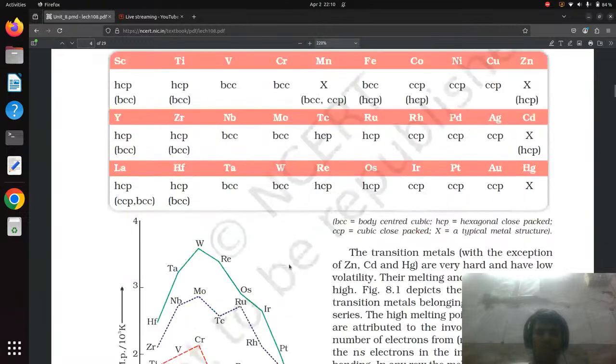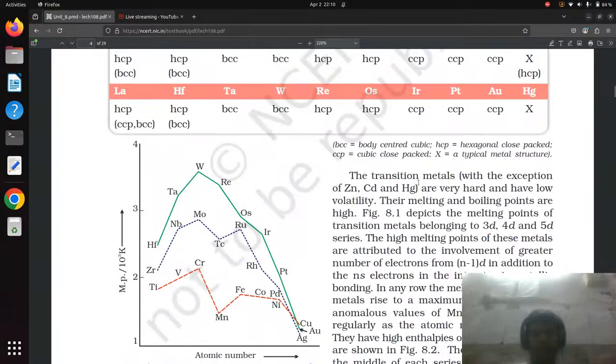The transition metals, with the exceptions of Zn,